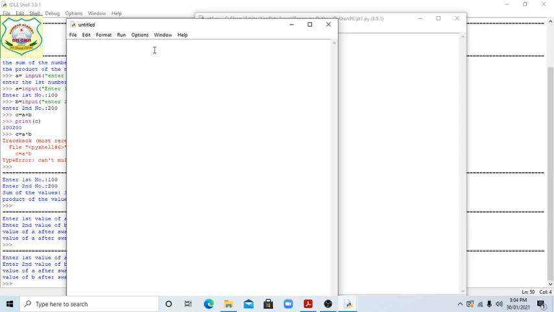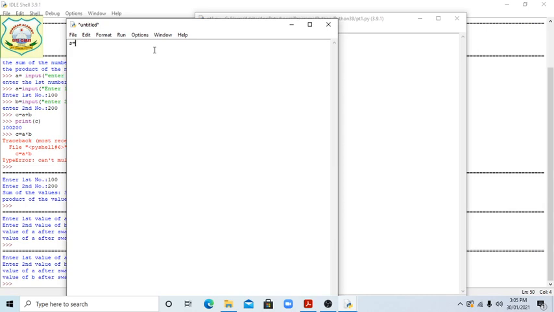For area, students, first of all we will write something similar. There is given the area and perimeter of a rectangle. So first of all, if you want the area of a square, there is given area and perimeter.